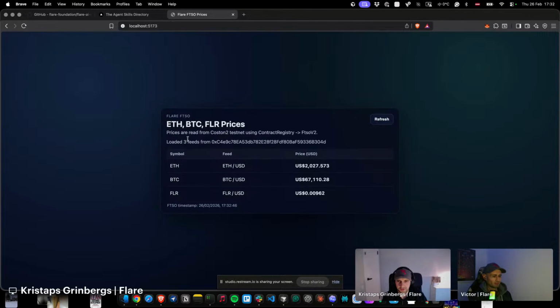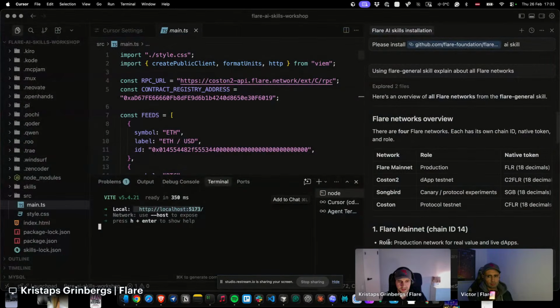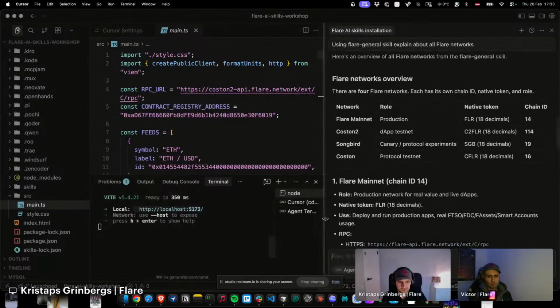So we have prices read from Coston2 testnet using the contract registry, and then FTSO version 2. And for instance, using your previous question, Victor, what is the contract registry? I have no clue what it is. Let's try to ask here, what is